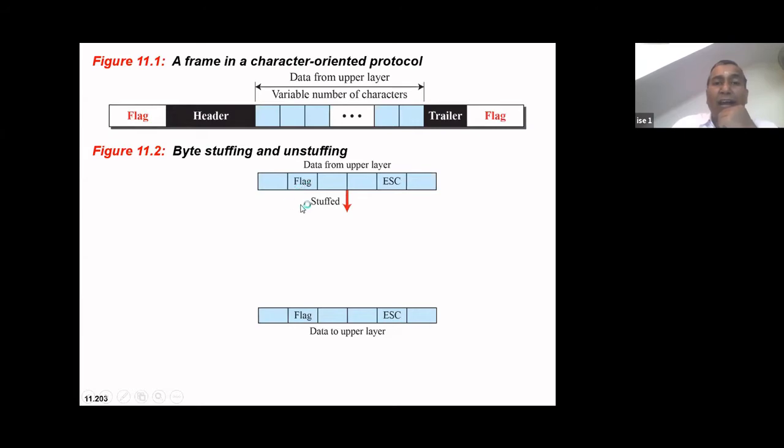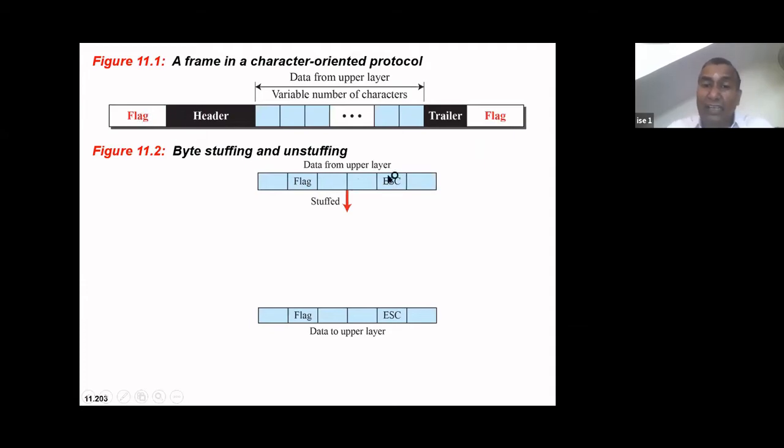Now I have a scenario where this particular data contains a flag bit pattern. Whatever bit pattern is there, 0 followed by 5 ones followed by 2 zeros, it is there in the data part also. Now, as I have told in the previous example, if a flag is there, the receiver will start reading here and end here, assuming that I have to consider only the part between one flag and another flag as data.